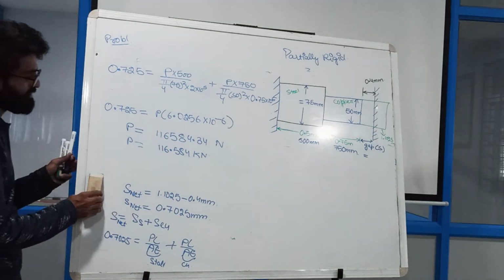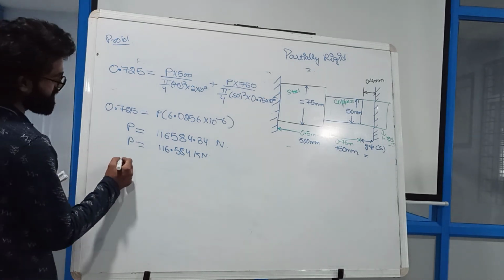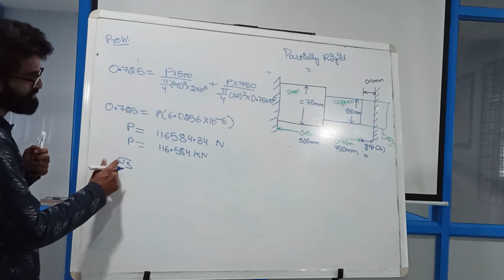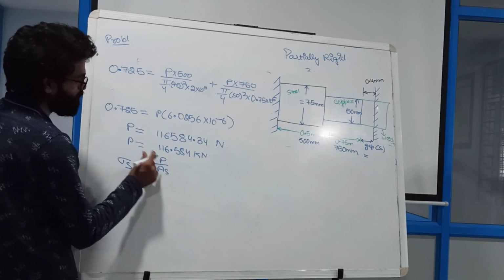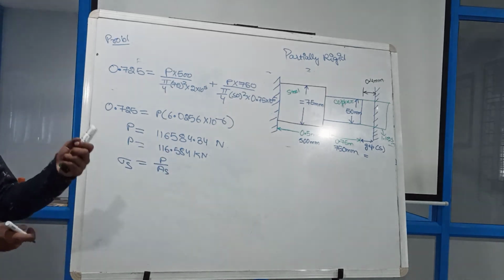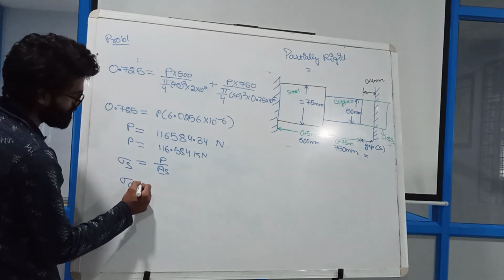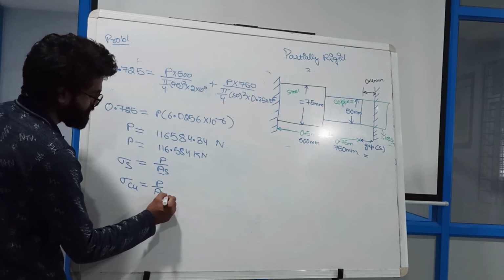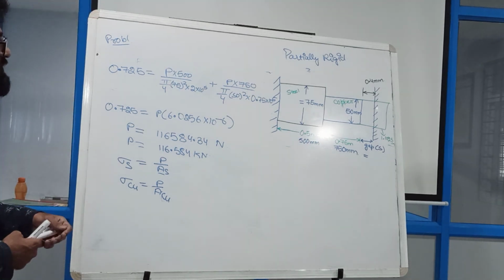Similarly, I can calculate the sigma value now. This is not difficult now because all of you know that. So this is your homework as well. For example, I want to calculate the sigma value for my steel. Then I need to do what? P divided by AS. P is common for both. So I will put the P value over here divided by the area, and similarly this is for Cu, P divided by ACu. So this is the question, how I solved that and how I determined all these values.